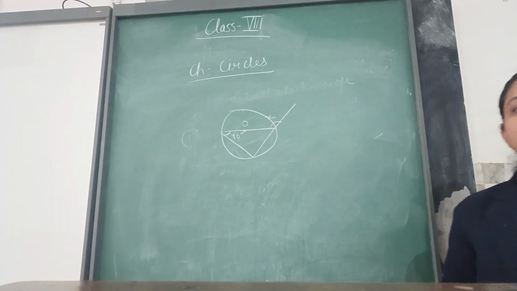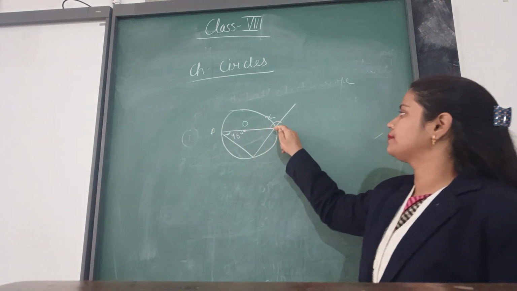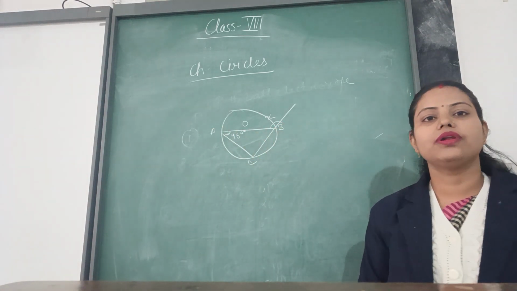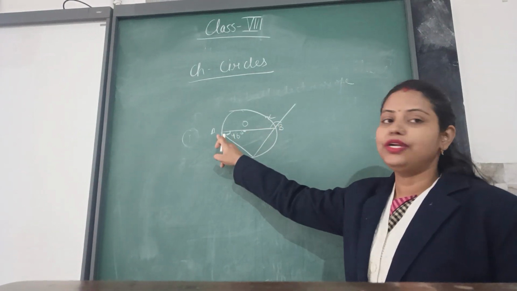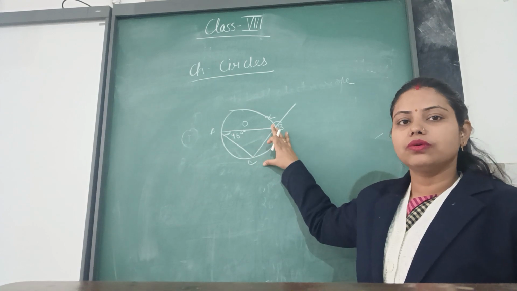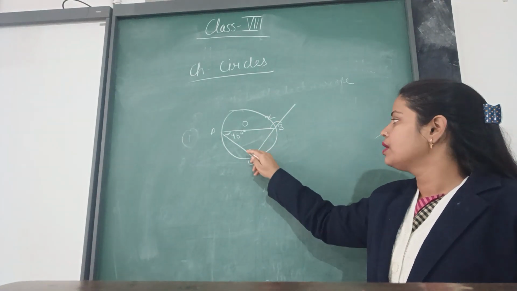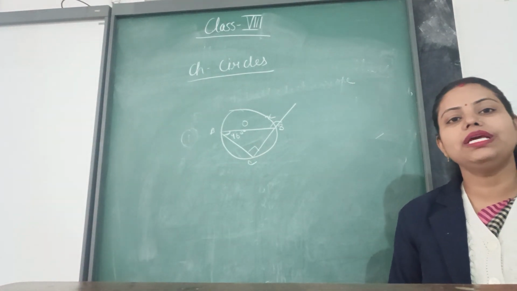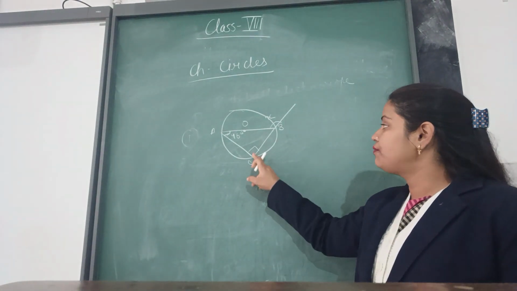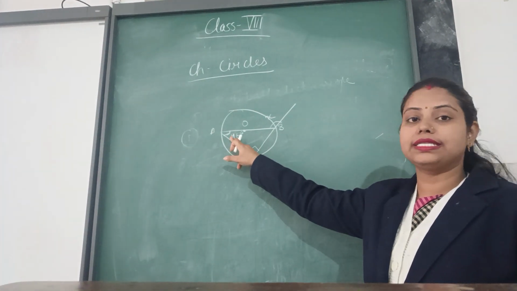Now, as we can see here, this particular triangle, let us name it ABC, has been formed by the diameter on one side. So we can use the property that the angle in a semicircle is 90 degrees. So by using the property, the angle at point C has now become 90 degrees. After getting the two angles, this 90 degrees and this one 46 degrees,